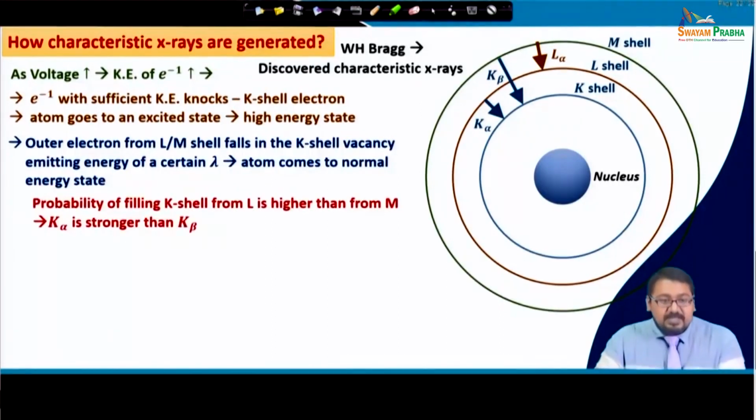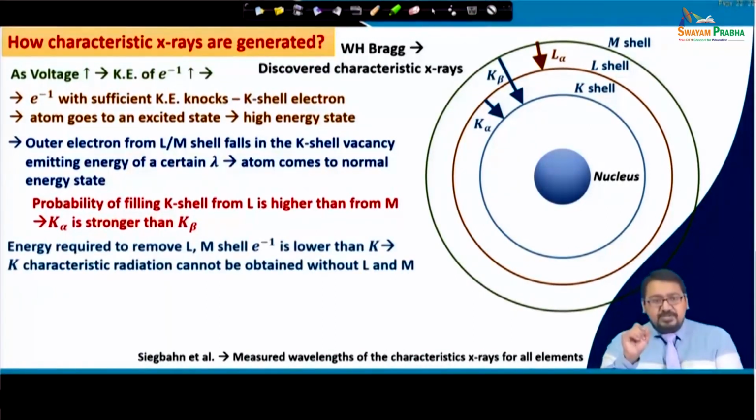So now you see that the probability of filling the K shell from the L shell is actually much higher than the probability of filling the K shell from the M shell. Therefore, you see in all cases, for all the different anode metals, the K alpha is much stronger than the K beta radiation. So you see,